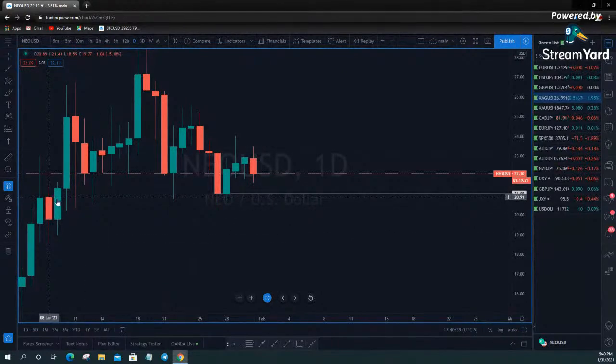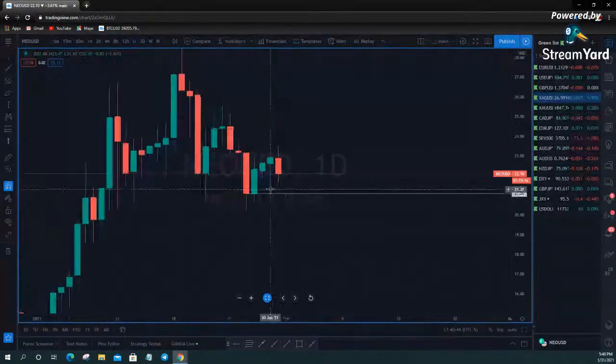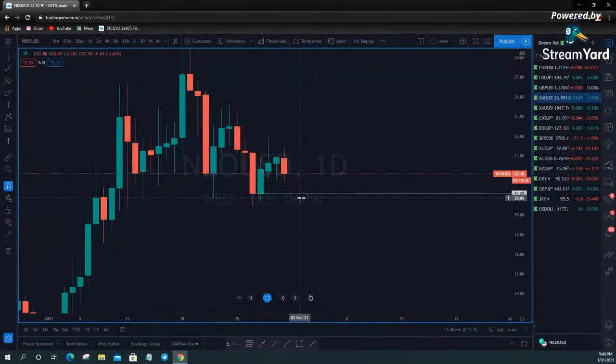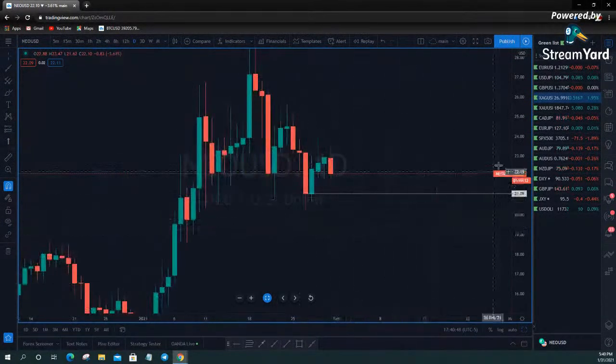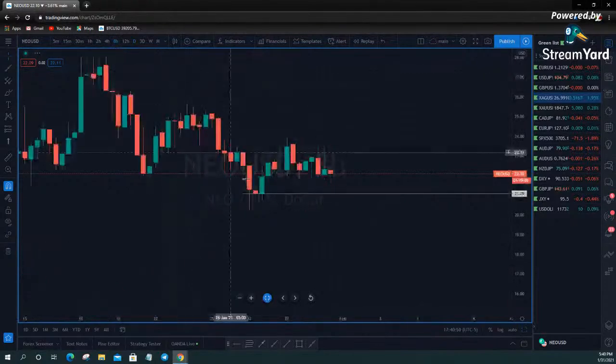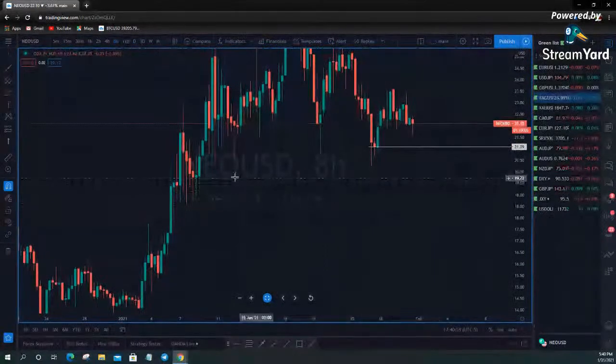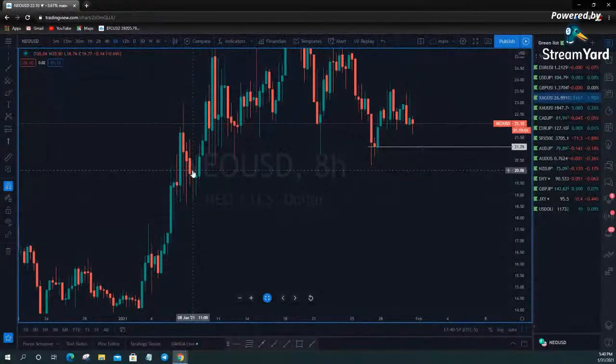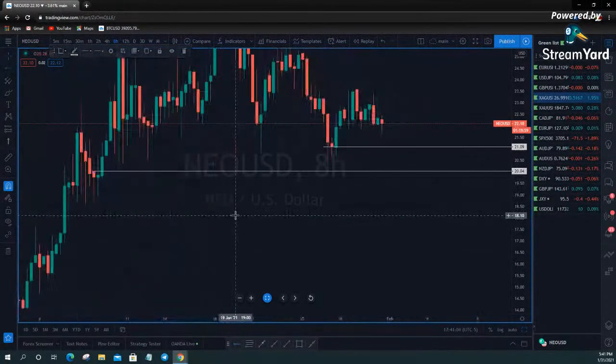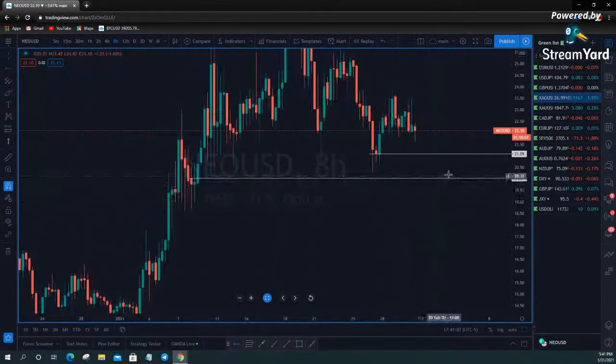All right, so let's look for 2109 to hold as support. If you get a daily close below that area, then it's probably not looking good. It might be heading lower. Let's go into a smaller time frame chart and see if we can find a clear area to look for a support hold. So this area wasn't tested. It would absolutely be the first one I look for. That area is 20.04 for support hold.